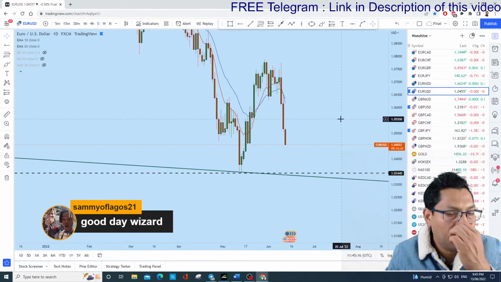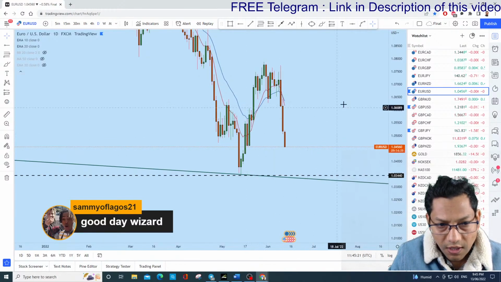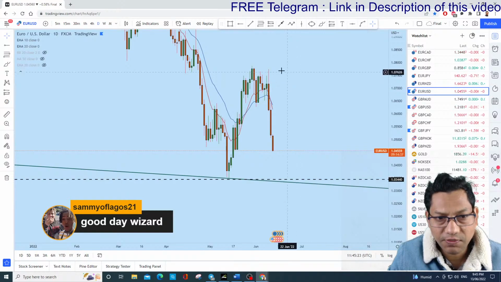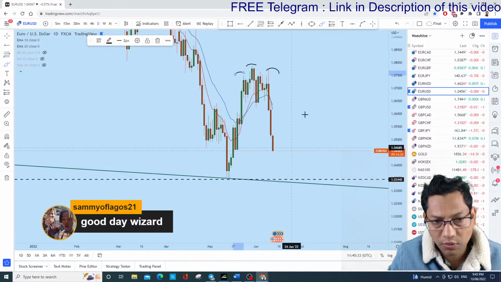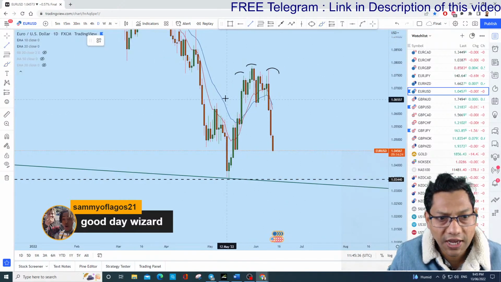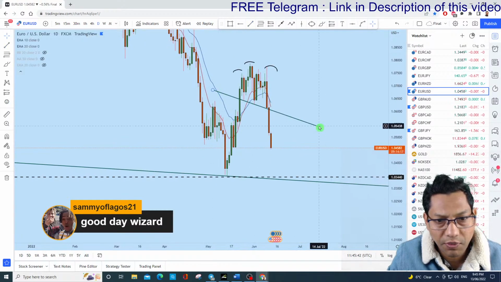Now the same approach with Gbpusd and euro dollar to me. I'll wait for a retracement because there is a big move, you see. A big move to the downside, creating a head and shoulders on the daily time frame, and then it broke down. So when you see a head and shoulders, you can expect the price again to come back to the previous support,